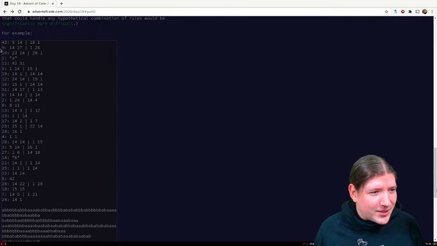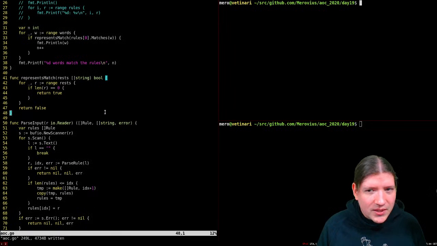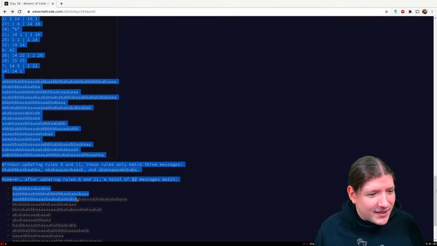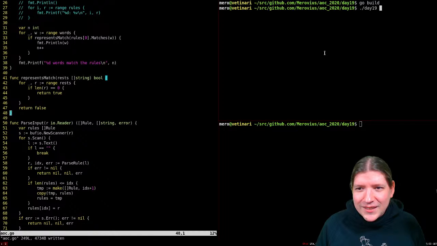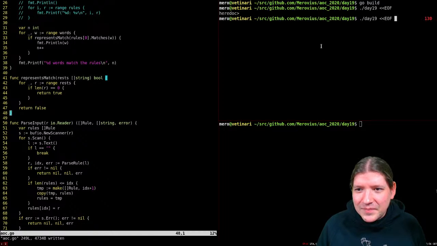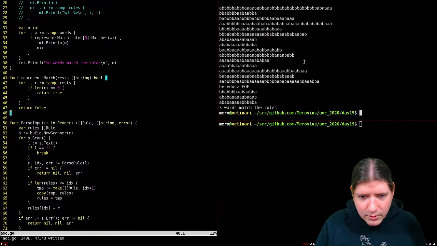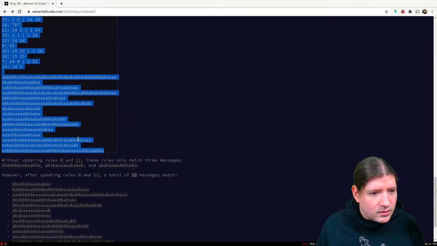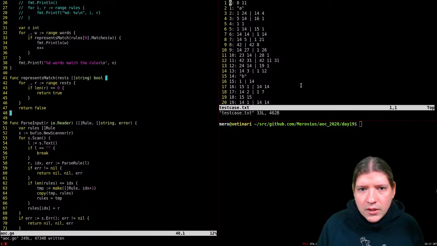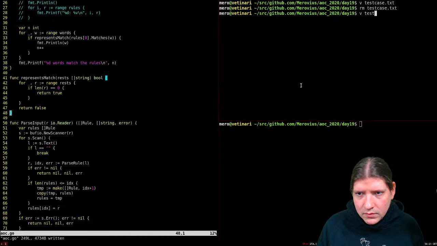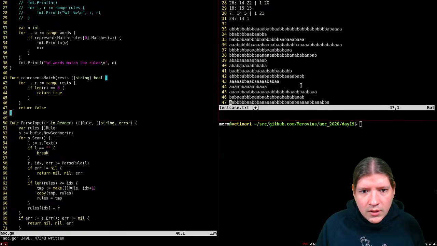Yes. So let's check the full example and see what happens. Oh god. No, this is not what we want. We want this. 3 words. This is not the right number of words, is it? Oh yeah, it is, because this is not the full test case. Because we need to